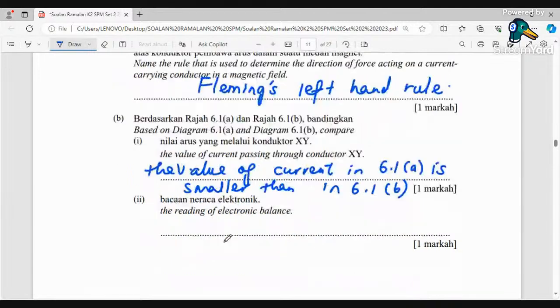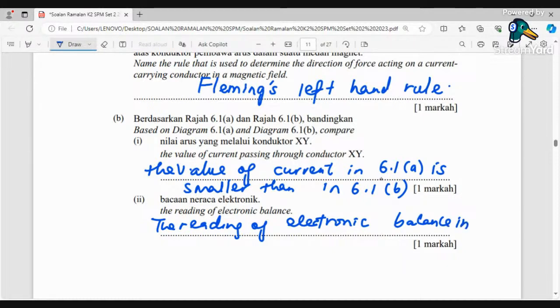Okay, reading of electronic balance. The reading of electronic balance, tadi saya mula dengan 6.1A, so ini pun saya mula dengan 6.1A ya. 6.1A is smaller